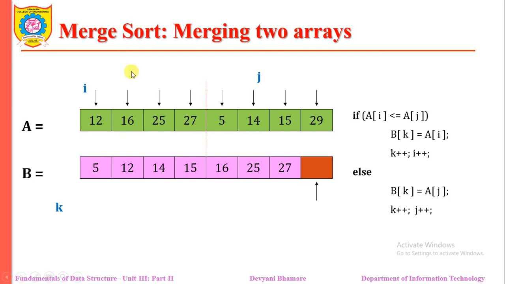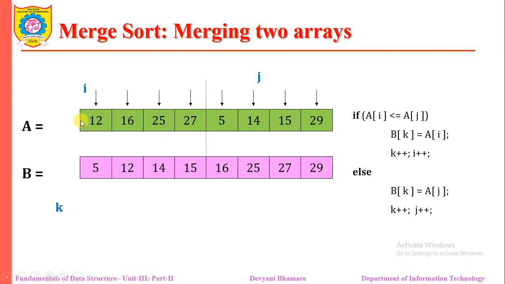So you will come to know all the elements of these four elements, A of 0 to A of 3, have been copied. Now we need to identify whatever the remaining elements are, that we need to simply copy into B of k. So in this fashion, we are merging the two arrays. Means while we are merging the two arrays, we need to compare element by element.